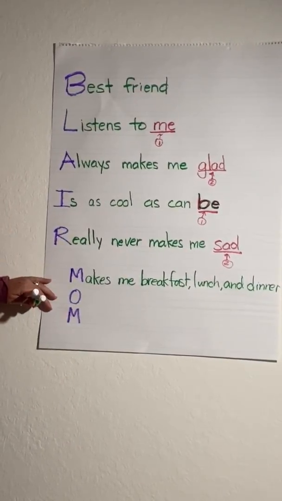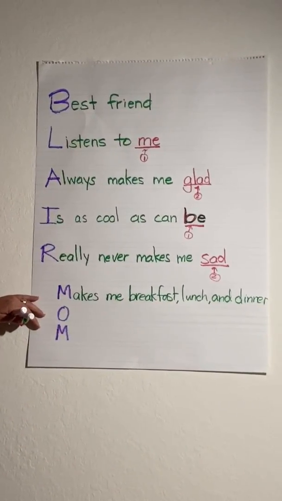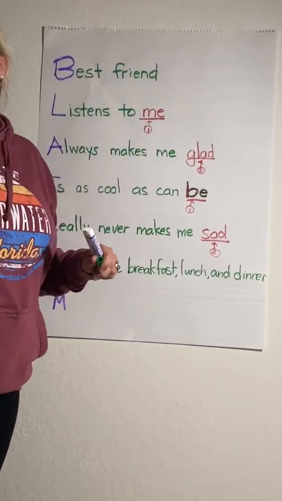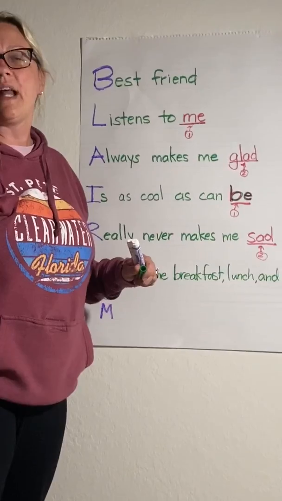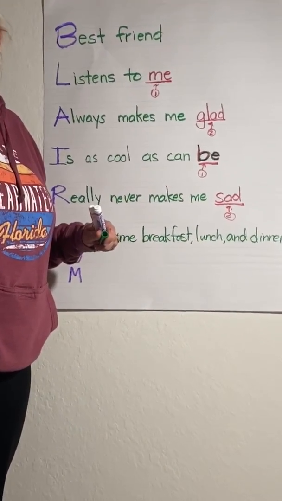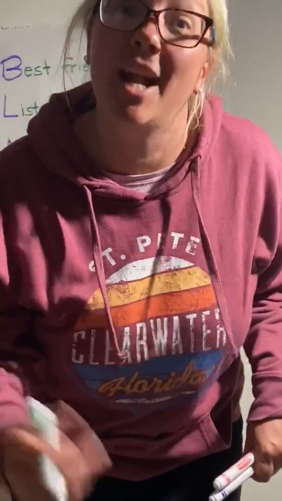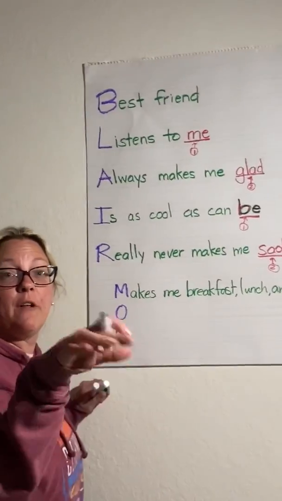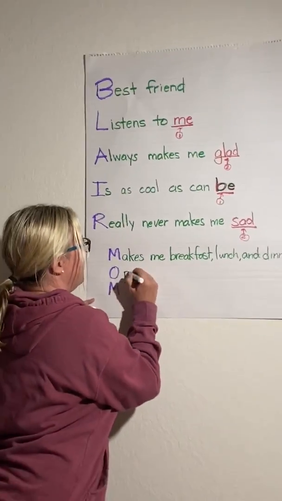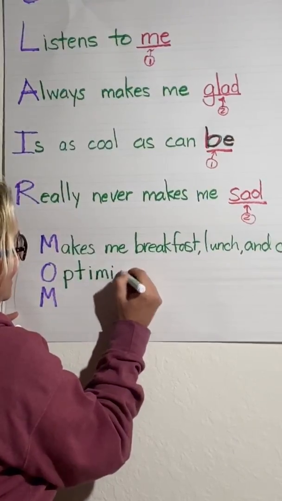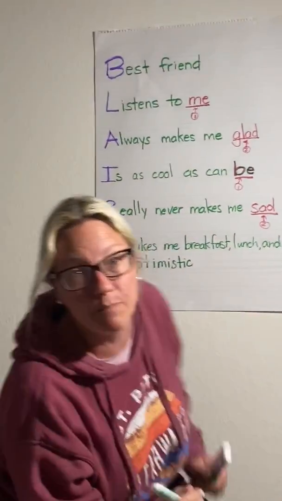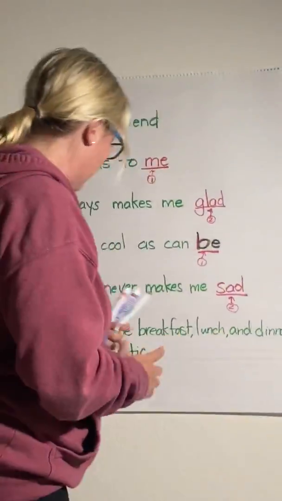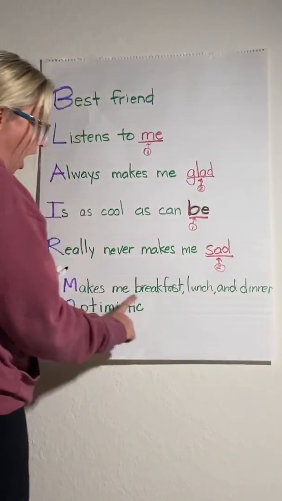Owen. What can Owen be? Ooh, that's a hard one, guys. O. What's a word that begins with O? I'm trying to think of it. Say it out loud, Linz. It's okay. They know you're videotaping. Optimistic. Oh, Linz is getting big on you, kindergartner. She just said optimistic. So you might have to reach out to your older siblings or get a dictionary out. If you've never seen a dictionary, have your parents show you a dictionary. Optimistic. That's a big word. That big word that Lindsay used, guys, means to see the good side of everything. Always thinking the good things are going to happen. And we definitely need some optimistic people right now. So makes me breakfast, lunch, and dinner. Optimistic.